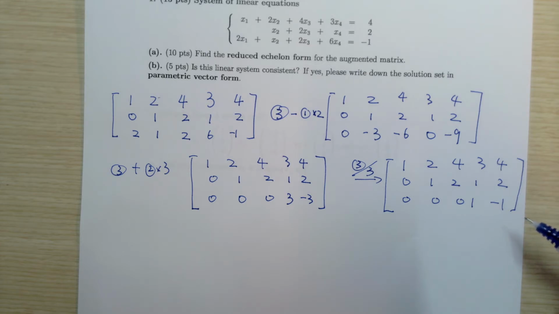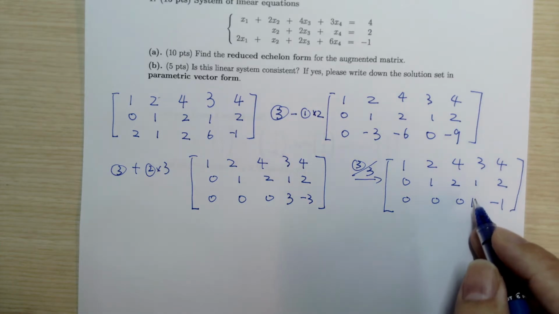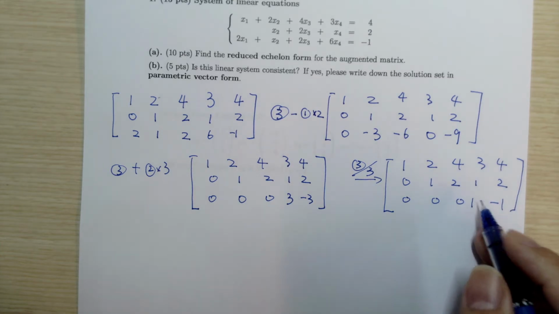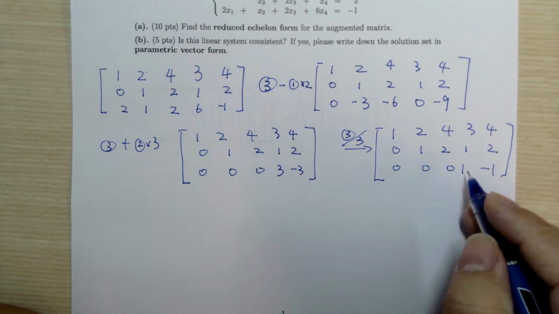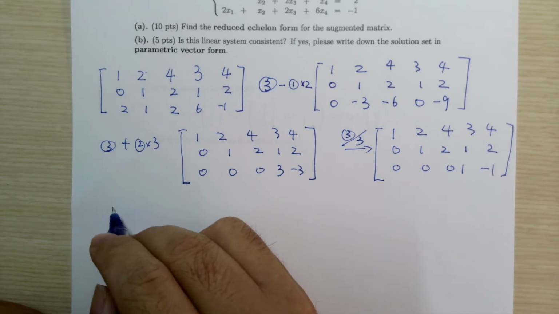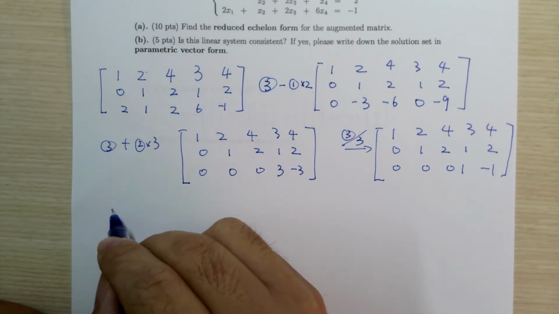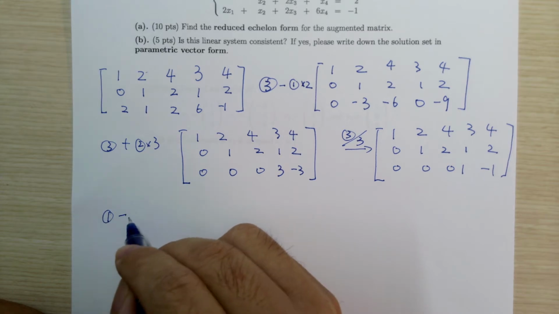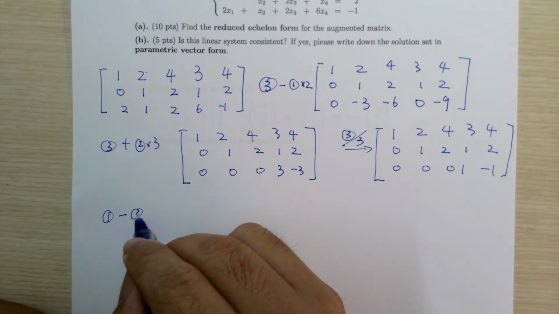Okay. And as you can see, from here we already figured out that we have 3 pivot positions, right? 1, 2, 3, and we have 4 variables. So first of all, we can see that it's going to be consistent. So let's continue to do the reduced echelon form, which right now we can do using row 1 minus row 3